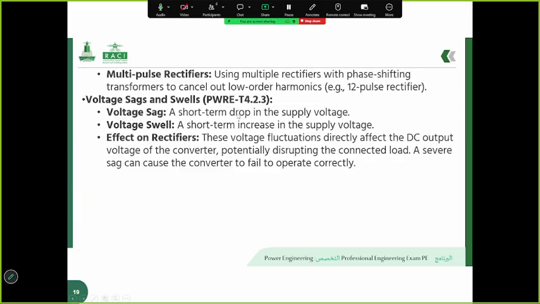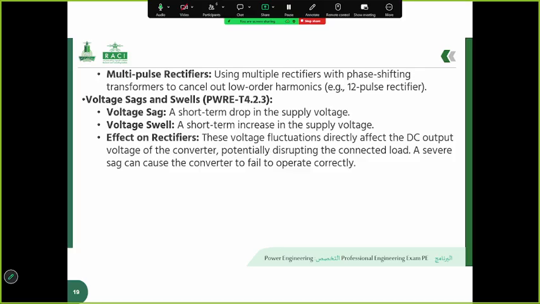So in addition to basic harmonic mitigation methods, one widely used technique in high power applications is the use of multi-pulse rectifiers. By combining multiple rectifier bridges with specially designed phase shifting transformers, low order harmonics such as the fifth and seventh can be effectively cancelled out. So for example,